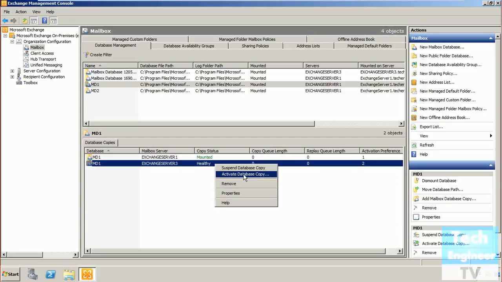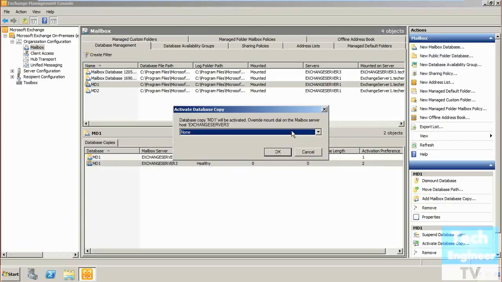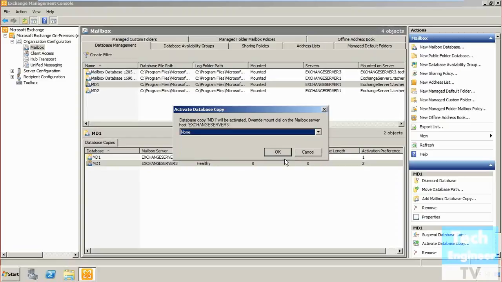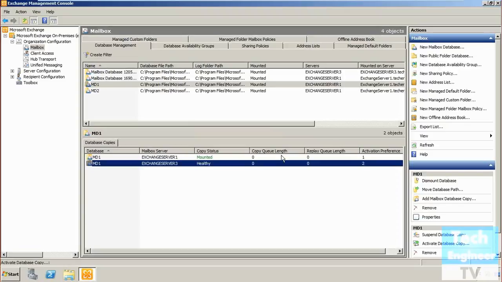So first we need to activate the database copy, and in the activation we have a few options: Lossless, Good availability, Best availability. We're just keeping that as none, and we have just now mounted the Exchange Server 3 database.